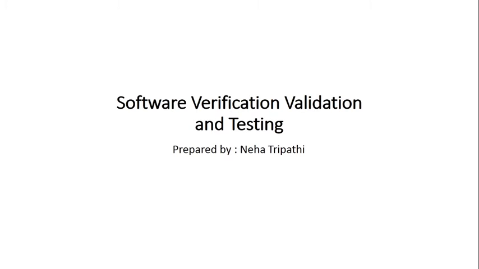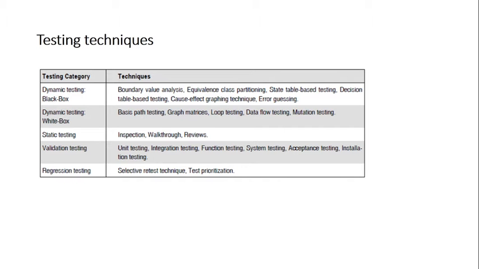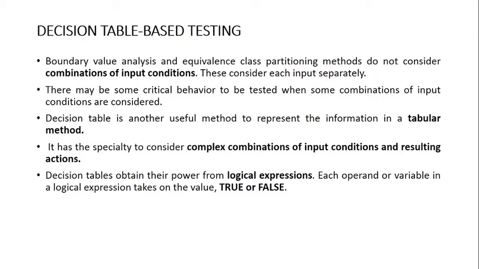Today we will be discussing another method, that is decision table based testing. Now decision table based testing is what exactly? This method is actually used where output depends upon combination of input conditions. Like for example, if you go to a departmental store, say let's take an example of Big Bazaar. Now the final bill is being prepared based on the items you purchased.